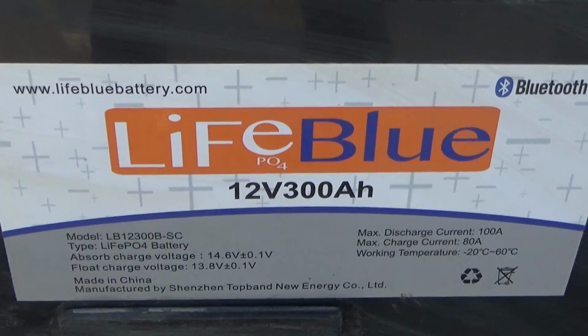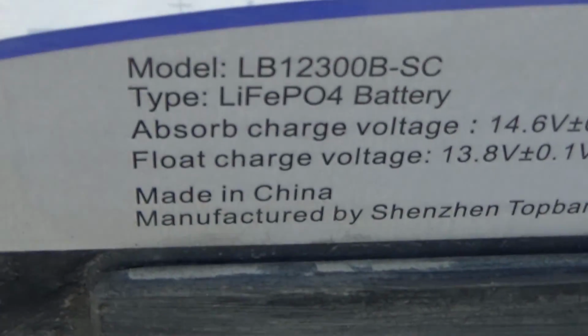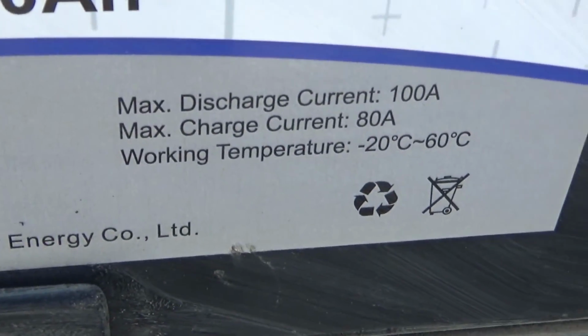I just simply don't know much about other brands of batteries, other than I know that mine, I think, are the best brand you can get, and they have a lot of special features and protections, which I'm going to show you now. So this is the label on the batteries, and they come in